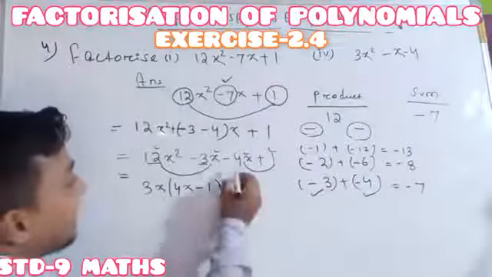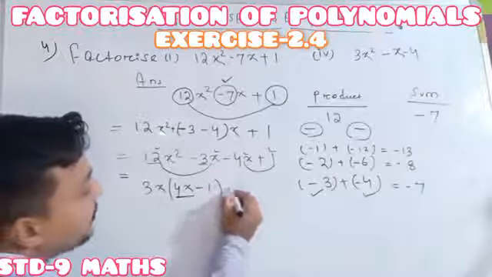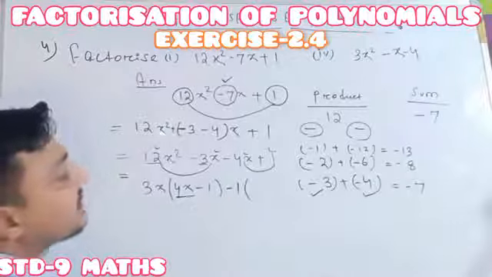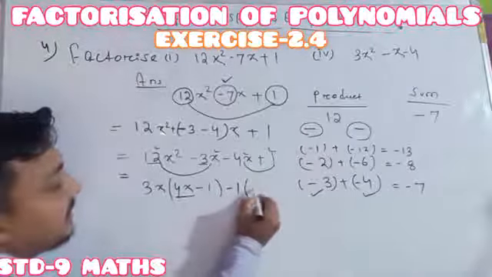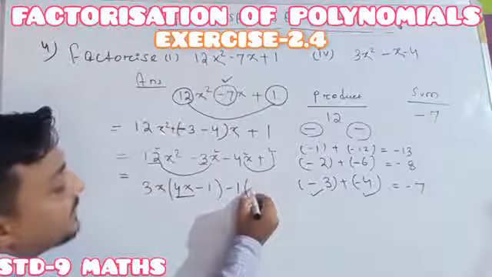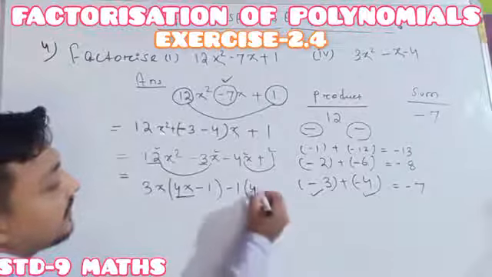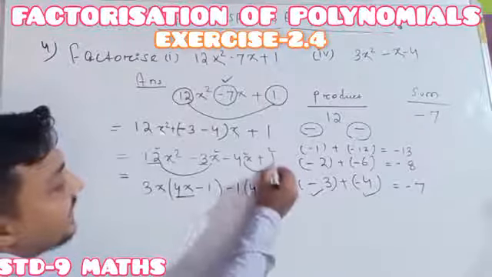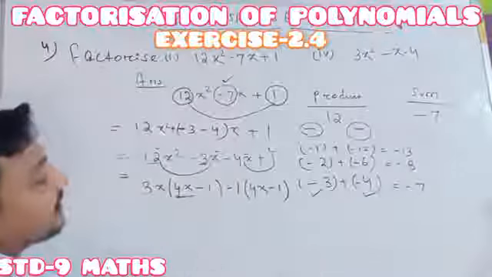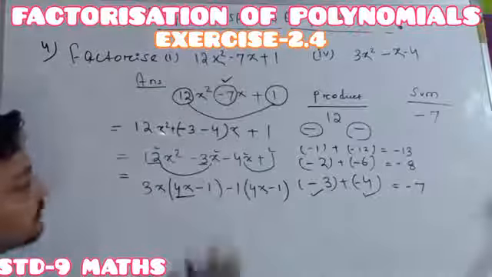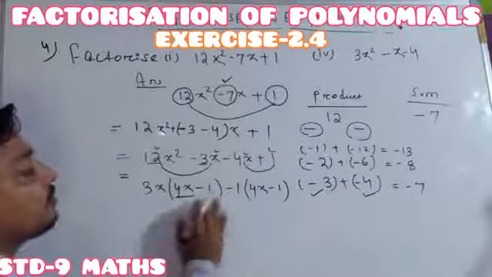Ready? And here I got 4x, but here it is minus 4x. So for this minus 1 I have to take as common. Whenever I take minus as common, minus into how much equals minus 4? So here 100% minus 1 into 4 equals minus 4. Then x. Then after here I want plus 1. Minus 1 multiplied with minus 1 becomes plus 1. So now the 4 terms of the polynomial have been converted into 2 terms.